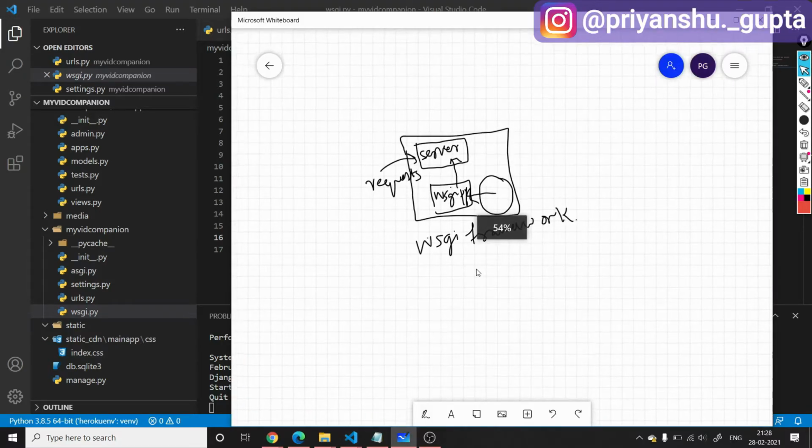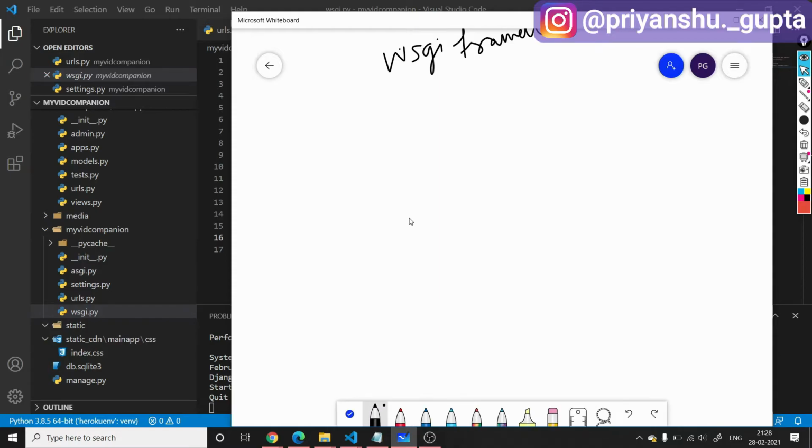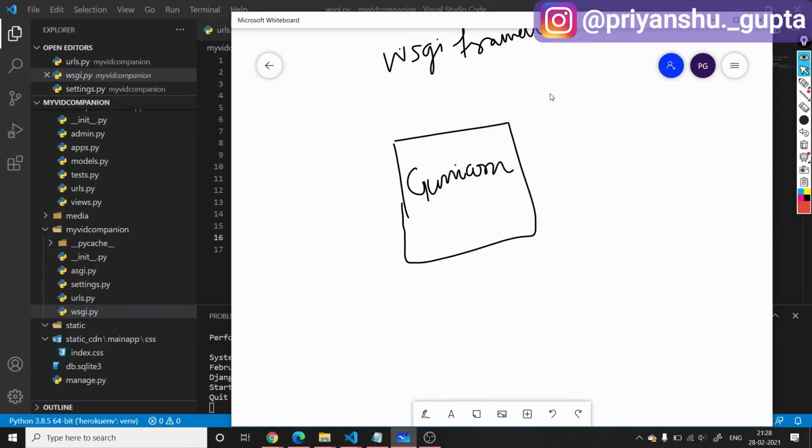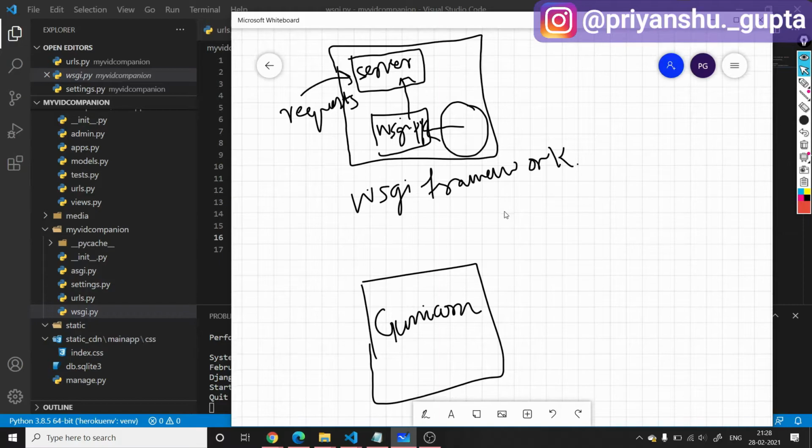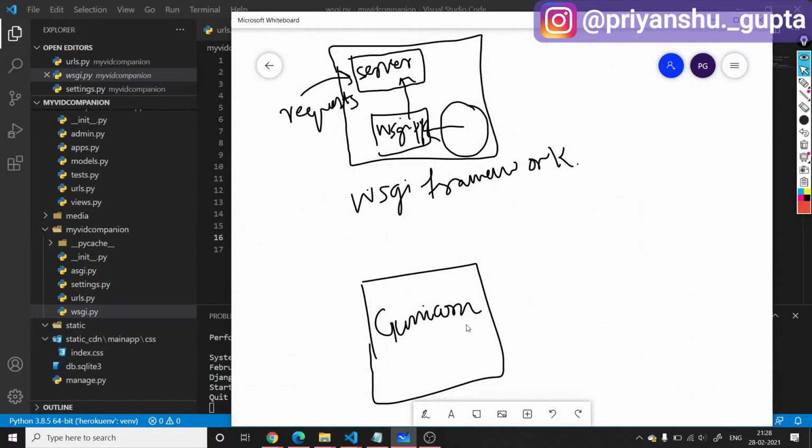Now let's discuss how Heroku serves your application. It uses a Gunicorn server. Earlier we were using the built-in server of Django, but now instead of this server we are using the Gunicorn server.